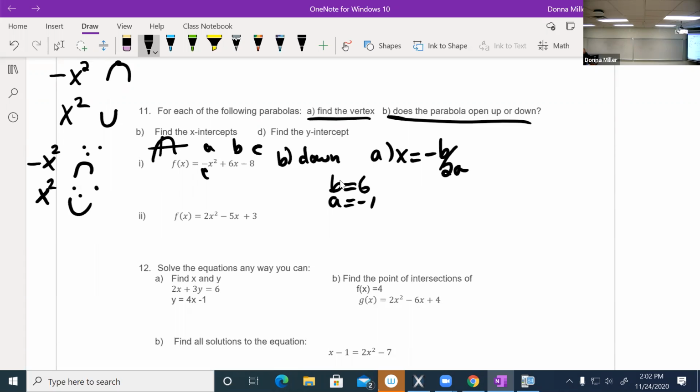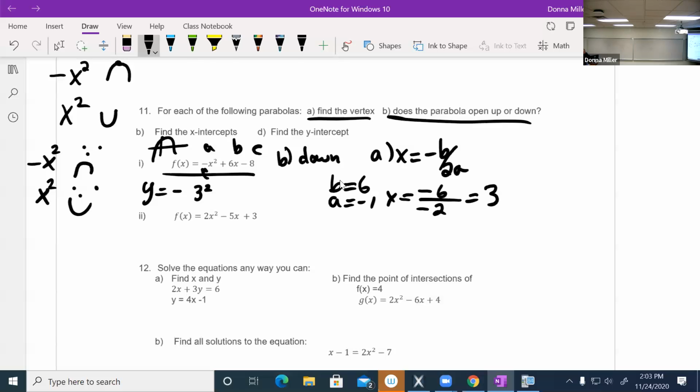All right, so I do negative b, so it's -6, divided by 2 times -1 is -2. So if I divide those, I get 3. So that is the x coordinate of the vertex, okay? Now they want both coordinates. So you're gonna take what x is, and you're gonna plug it back in here to get y. So y would be